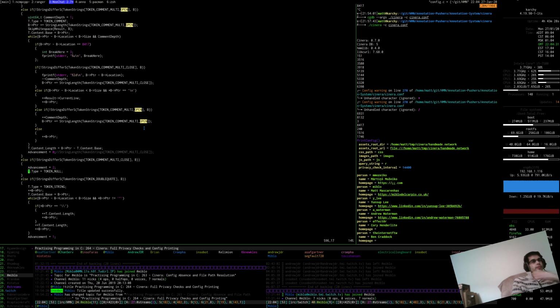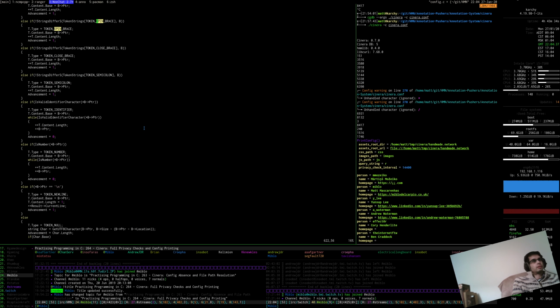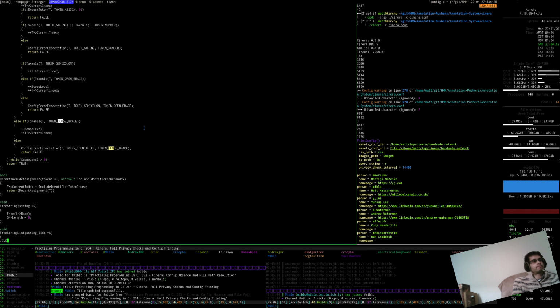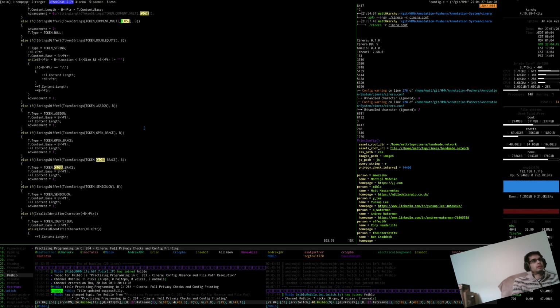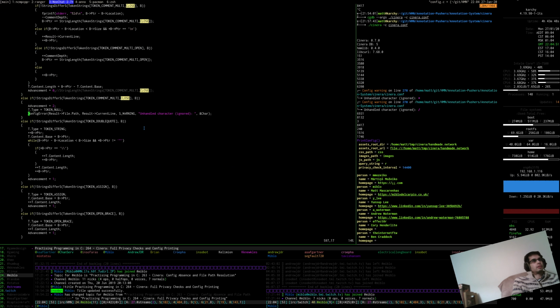And then you do the error. What we're saying is, in the car, we're saying config warning on line, whatever the line is, of this file. And it's basically like a